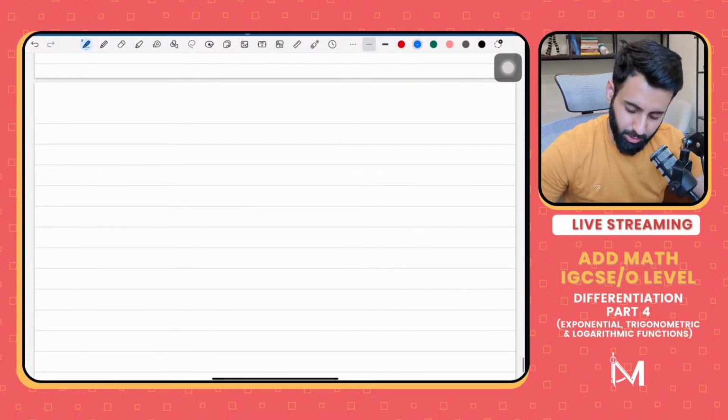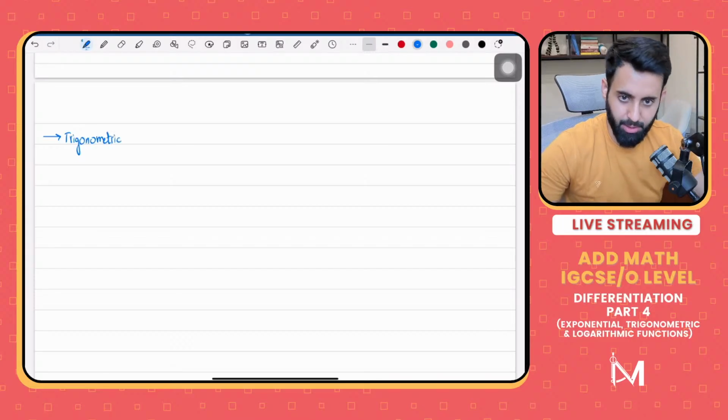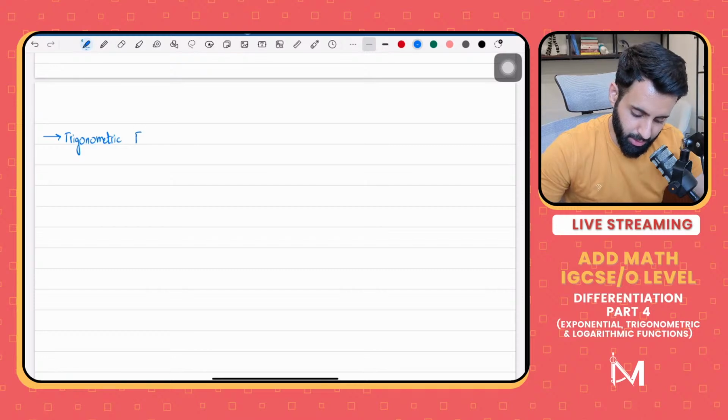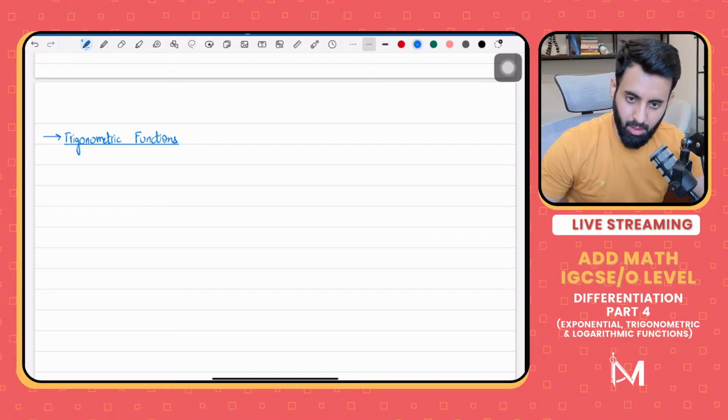So be patient, don't rush into it. Make sure that you memorize all the rules, because oftentimes we don't lose marks because we don't understand it. We lose marks because we haven't memorized the relevant differentials and integrals. So trigonometric functions. Now, first of all, suppose you have to differentiate